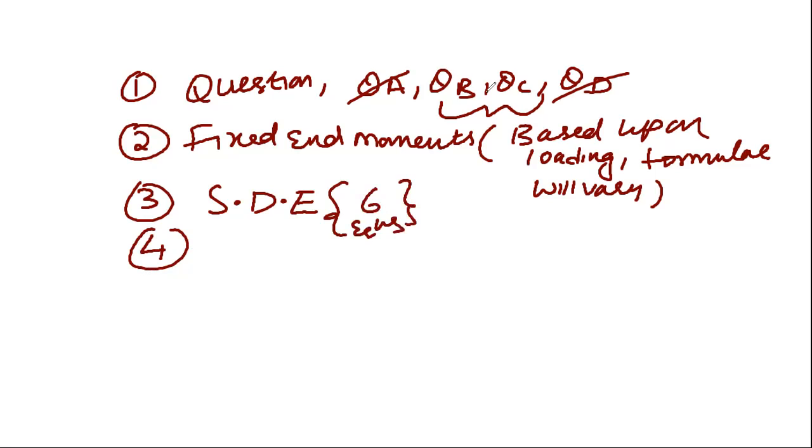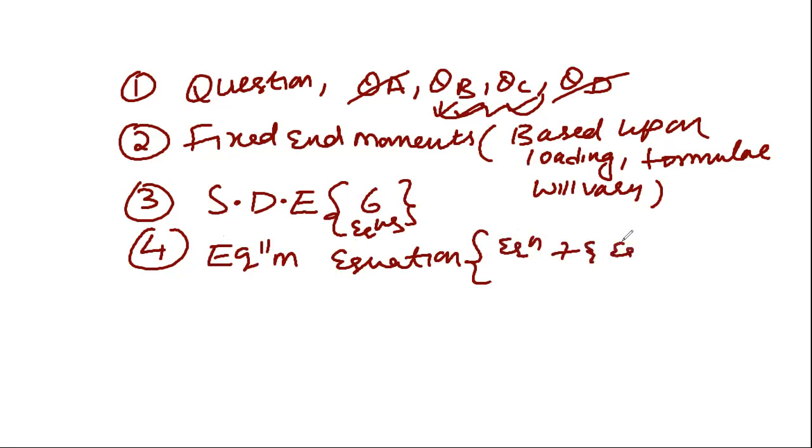Now theta B and theta C are two unknowns. For two unknowns, we have to generate two equilibrium equations. Our next step is equilibrium equations. I have written equilibrium equations at support B and support C. At support B, left hand side plus right hand side, MBA plus MBC, and at support C, MCB plus MCD. So equilibrium equations, equation 7 and equation 8. After solving equation 7 and equation 8, directly we will be getting theta B and theta C values.